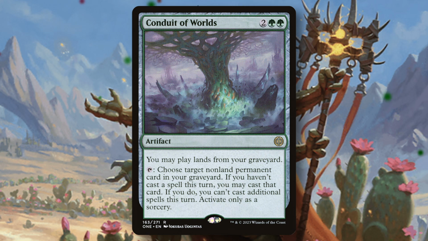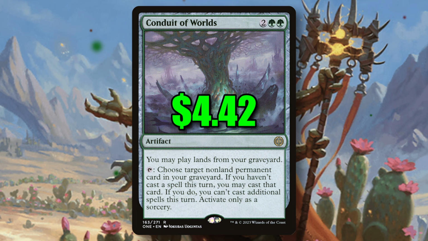Conduit of Worlds lets you play lands from your graveyard, always good. It also has the upside of letting you cast any non-land permanent spell from your graveyard as the only spell you can cast in a turn. There's a good amount of milling effects in the deck, and this gives you the chance to play your Omnaths or Titanias that you may have not otherwise been able to cast. This artifact is